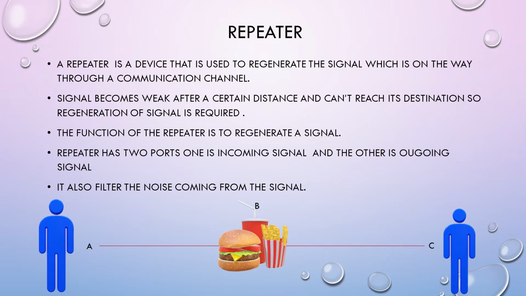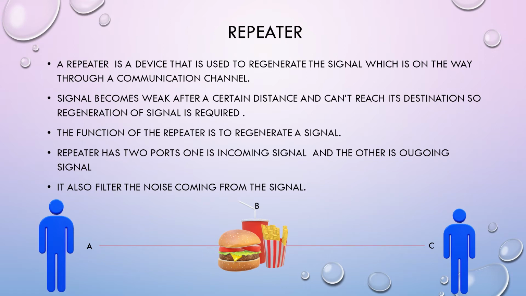Now take the example of your mobile phone. How do you connect your mobile phone? Through a network. From where is the network coming? Through towers. Now take the example of our place, Meghalaya or Garo Hills. In Meghalaya, we don't have a single tower for the communication device. There are many towers which are interlinked to each other so that the signal becomes strong.